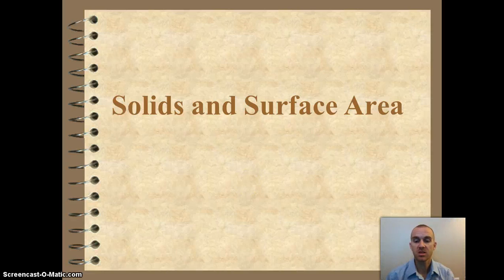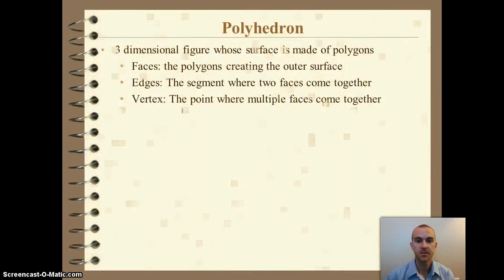In this video, we'll discuss solids and surface area. Now, a polyhedron is a three-dimensional figure whose surface is made of polygons. They have faces, edges, and vertices. The faces are going to be all the polygons creating the outer surface. The edges are going to be where they come together, and the vertices are going to be the points where